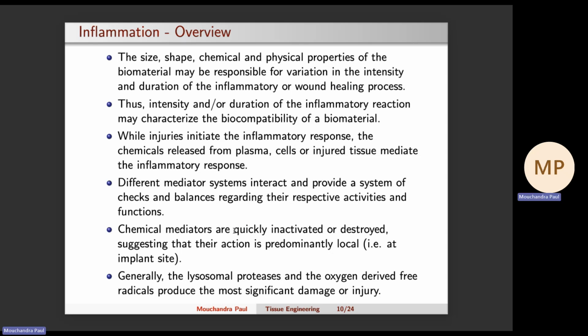Chemical mediators are quickly inactivated as well as destroyed, suggesting that their action is local, predominantly at the implant site. They are not allowed to migrate elsewhere because our body wants to concentrate only on the agent that has entered, not on other parts of the body. So inflammation always happens locally. Remember that. So generally, the lysosomal proteases